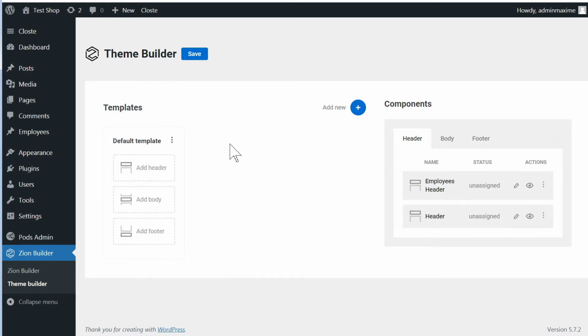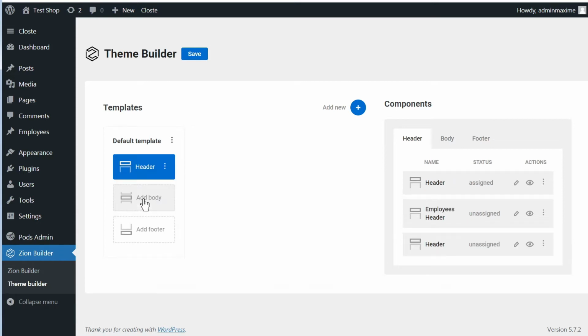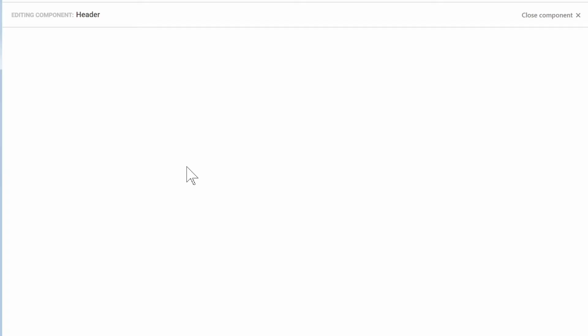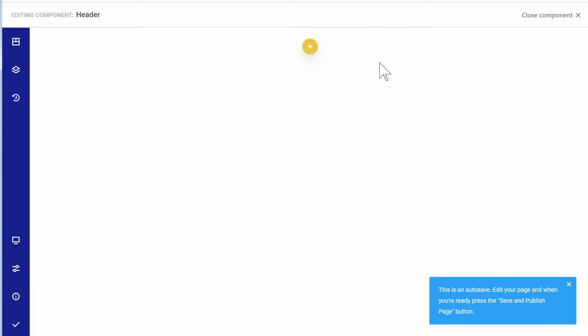So the first time you come to the theme builder, which you will find under Zion Builder, Theme Builder, what you will see will look pretty much like this, except that you won't have any header already filled in here. So the way you will start to add a new header is you will simply click on Add Header and then you will click on Add a new component. And then from here, you can click on Edit and then you will be taken to the editor to edit